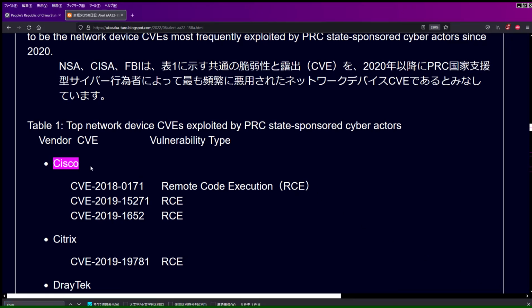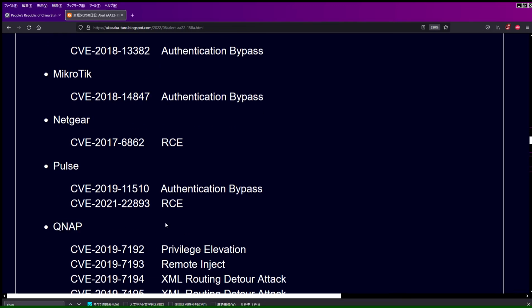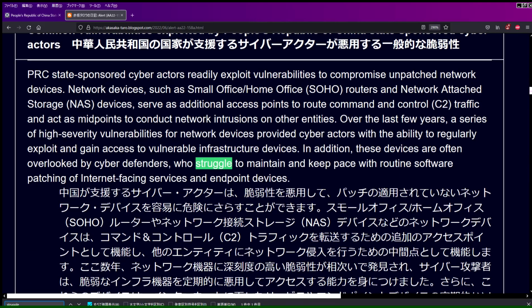Now, the top networking devices being exploited by Chinese state-sponsored actors are all the ones we've heard so much about, including Cisco, Citrix, D-Link, Fortinet, Netgear, and QNAP. It is good to see that these vulnerabilities have been identified and remedies have been proposed. They are often overlooked by cyber defenders who struggle to keep pace and maintain regular software patches for internet-facing services